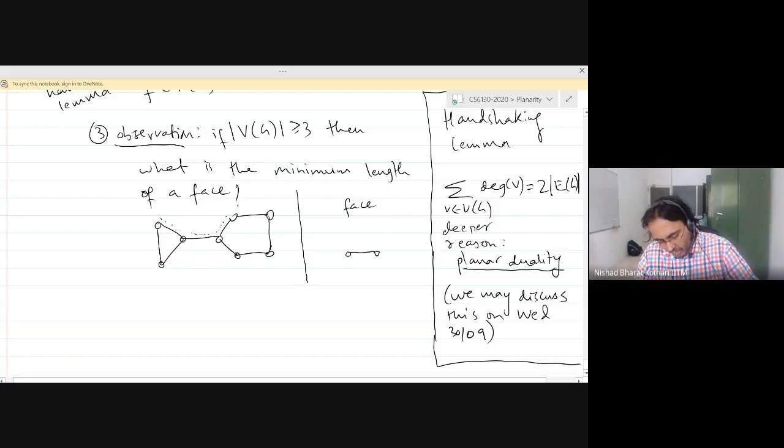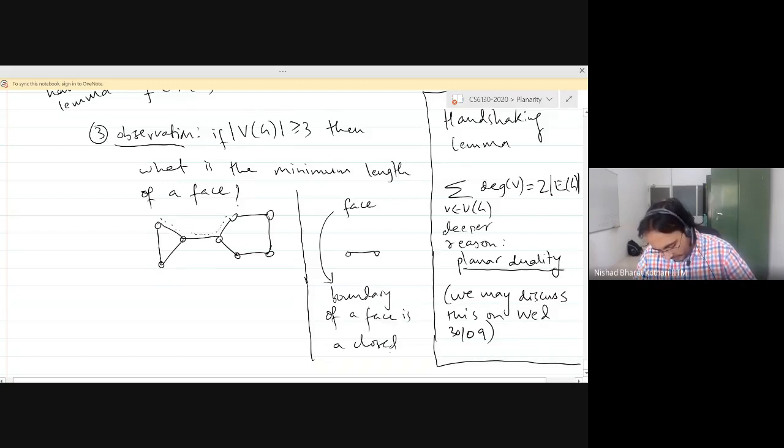So we have a closed walk, right? So what is the length? What is the boundary of a face? We know that the boundary, I mean, we kind of assumed in the definition, boundary of a face is a closed walk. Do you agree? So if you start at some edge, the closed walk is going to contain at least one edge because our graph is a connected simple graph, and it's not the empty graph, right? So you have at least one edge. So you take that edge in the boundary.